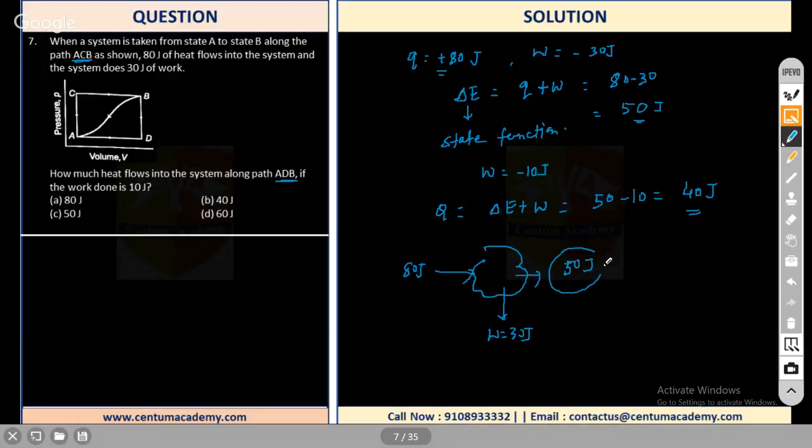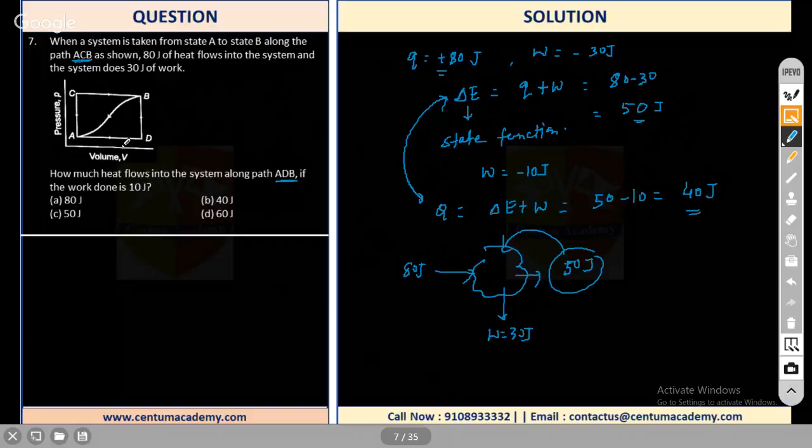So this will be into the system. It will be stored into the system. So internal energy will be 50 joule, right? Which is here also. Now the system has 50 joule of energy from here to here if you go, right? And in this process, if you follow this path ADB, 10 joule of work is done, right? So here you see what happens. You see, actually when you compare from this to this, you'll get confused. Okay, don't think like that. Here you simply think that the system is going from A to B. The change in internal energy is 50,